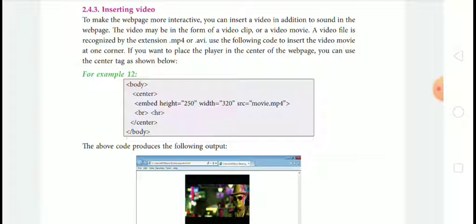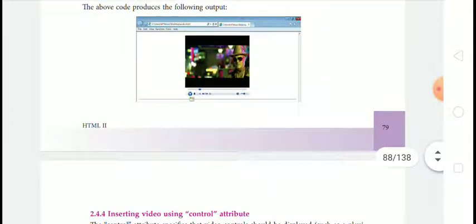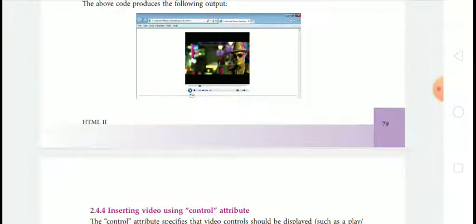So here in the embed tag the height and width of the picture is mentioned, and also the address of the file is mentioned in this code. The above code produces the following output. You can see the output which we have used. So this kind of output we will get on our web page.